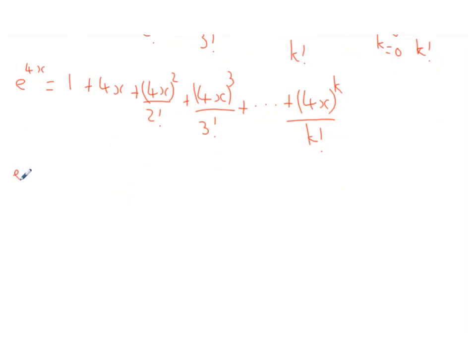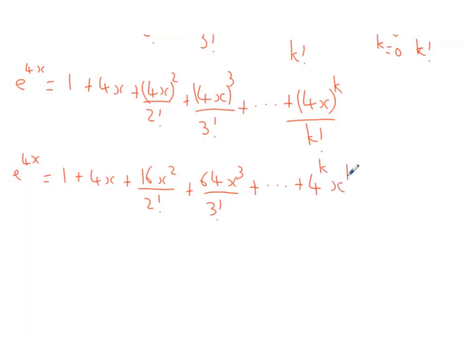So you could say e to the 4x equals 1 plus 4x plus 16x squared over 2 factorial plus 4 cubed is 64, 64x cubed over 3 factorial plus dot dot dot plus 4 to the k x to the k over k